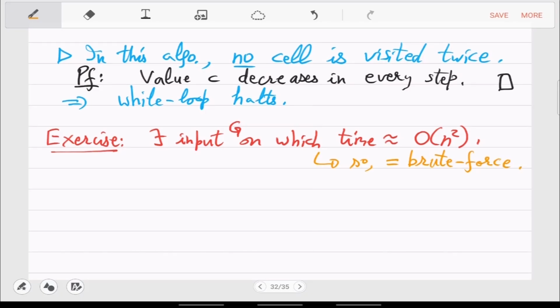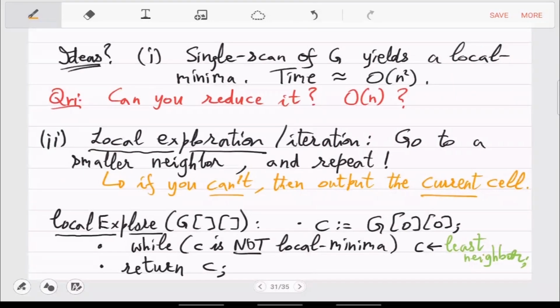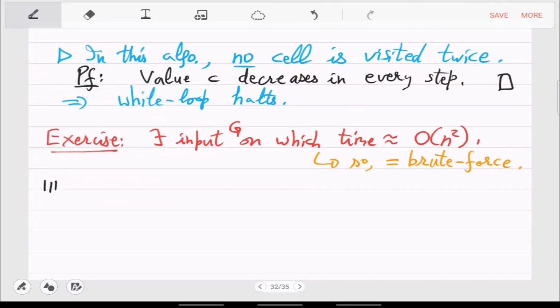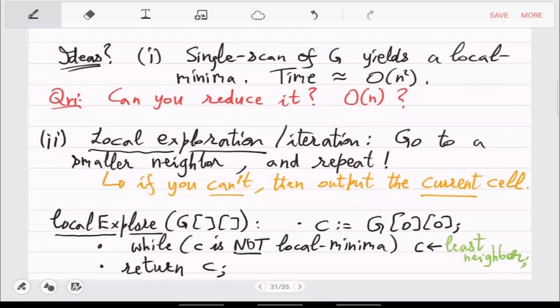Right, so we have not made progress in terms of time complexity. So what is the use of this idea of local exploration then? The use is the following. You have learned that there is a possibility of walking in a more intelligent way, and now we will keep adding more intelligence into it till the time we reach an order n algorithm.